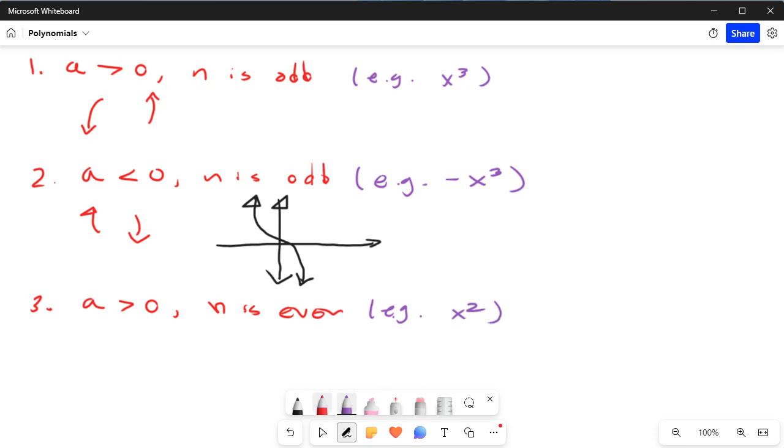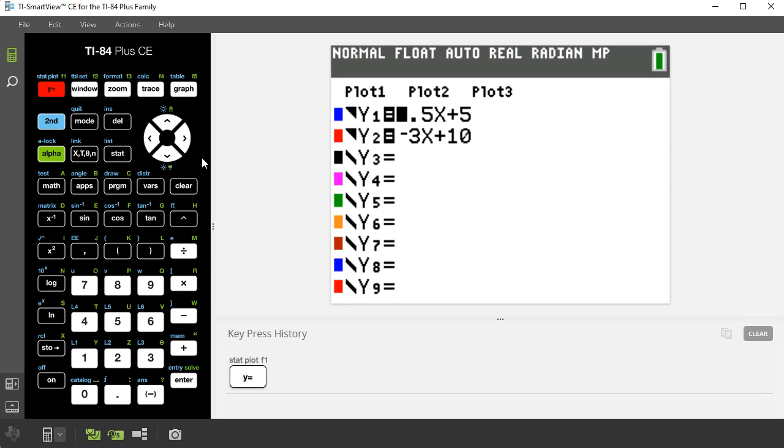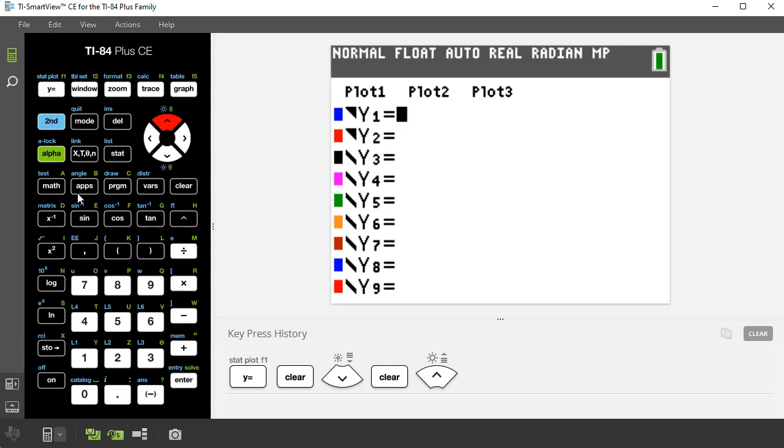X squared is one of the most common shapes of a graph that is parabolic, and we could just say, I know that it rises to the left and it rises to the right. And we can verify that using our calculator. If I was going to graph x squared,